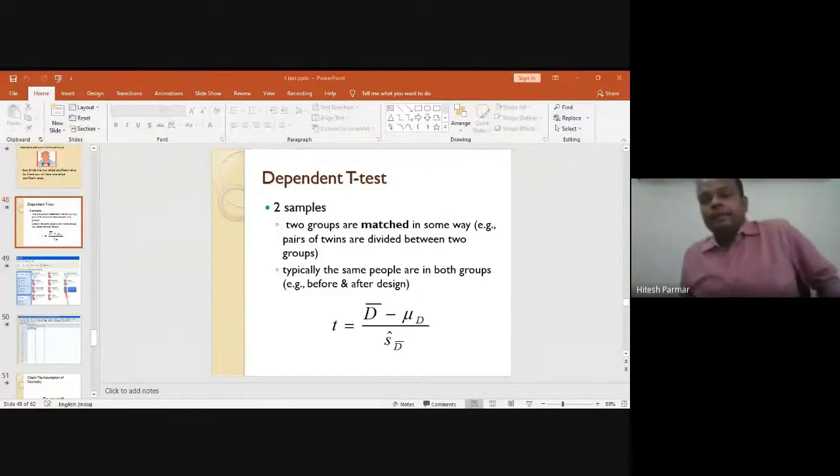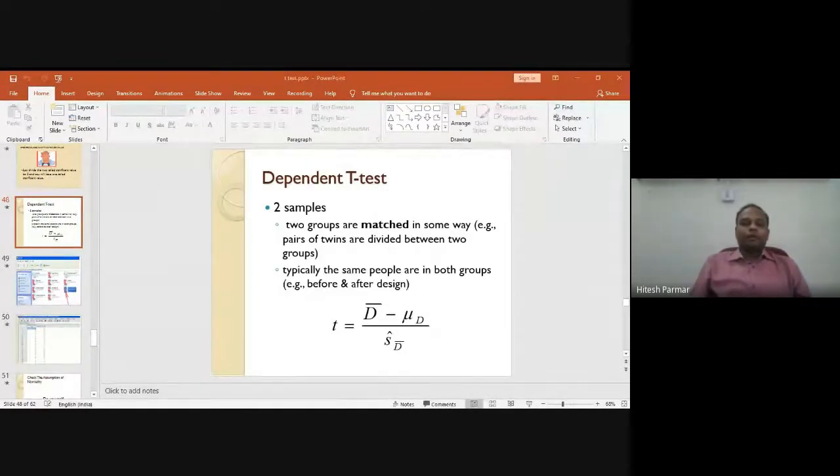The dependent sample t-test can be applied when we have a before-after situation. A respondent's score before, you are just comparing the same score with the after. So a before and after comparison you can make with the help of the dependent sample t-test. It is also known as the paired sample t-test. As the name suggests, pair means you are pairing the observations.